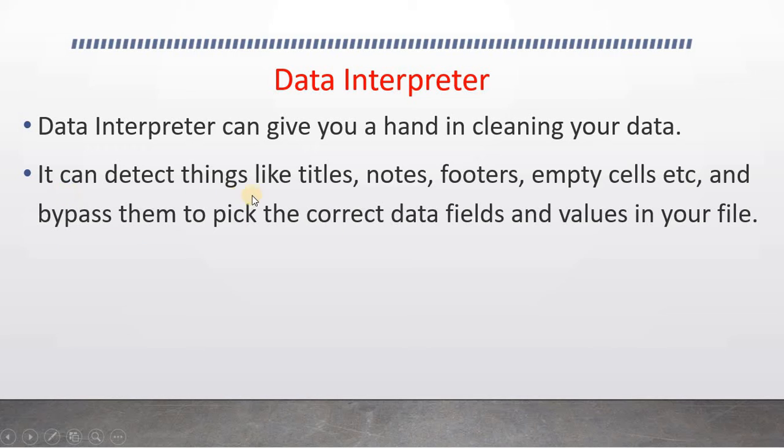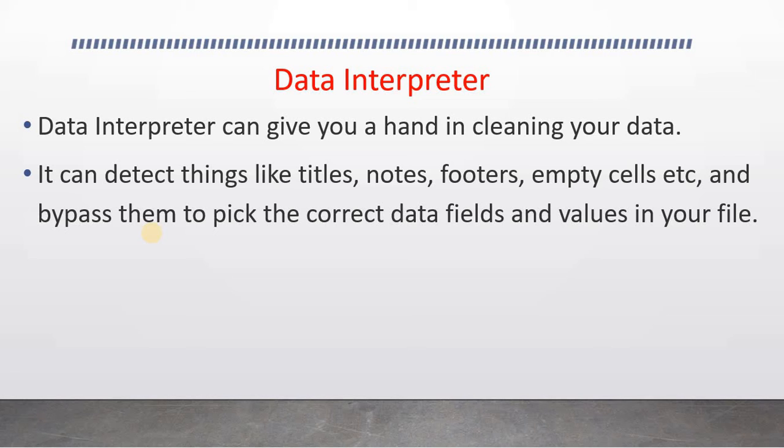It detects things like titles, notes, footers, empty cells, etc., and bypasses them. It doesn't consider them as something to be analyzed. So it ignores them and only picks